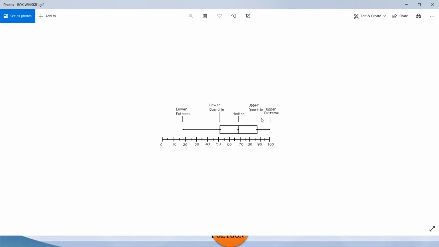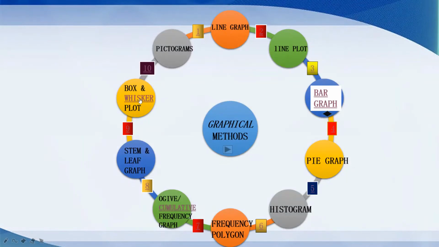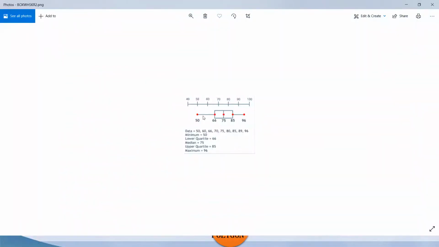So totally 4 quarters will be available. And formulas for these quartiles, all this we are going to discuss in coming videos. I'm going to make a video on dispersion. In that, we'll study about the quartiles. And let me show you along with the data how to plot this.